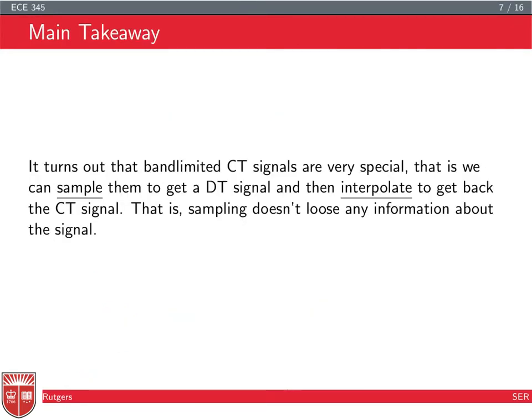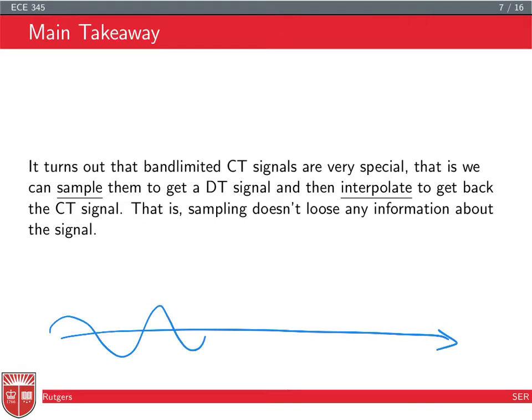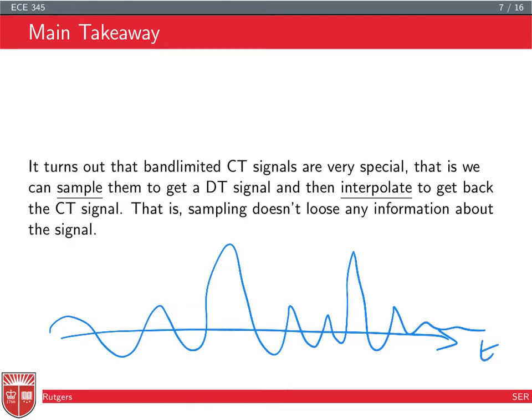The main result that we will see in this chapter is that there is a very important characteristic of band-limited continuous time signals. And that is that if we have a continuous time signal that is band-limited, then we can just store or process the samples of it, and that's enough to recover the whole signal. Let's take an example. So suppose that we have a signal that is band-limited. Let's suppose the signal is something like this in the time domain, and in the frequency domain